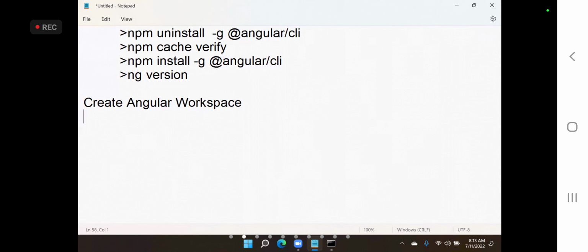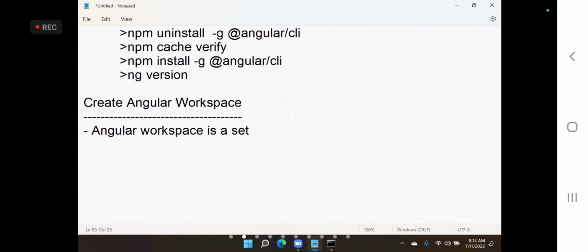Actually, a workspace is nothing but, create a workspace. That means an Angular workspace is a set of projects, or you can say an Angular workspace will host a set of projects, or you can say a set of Angular apps.